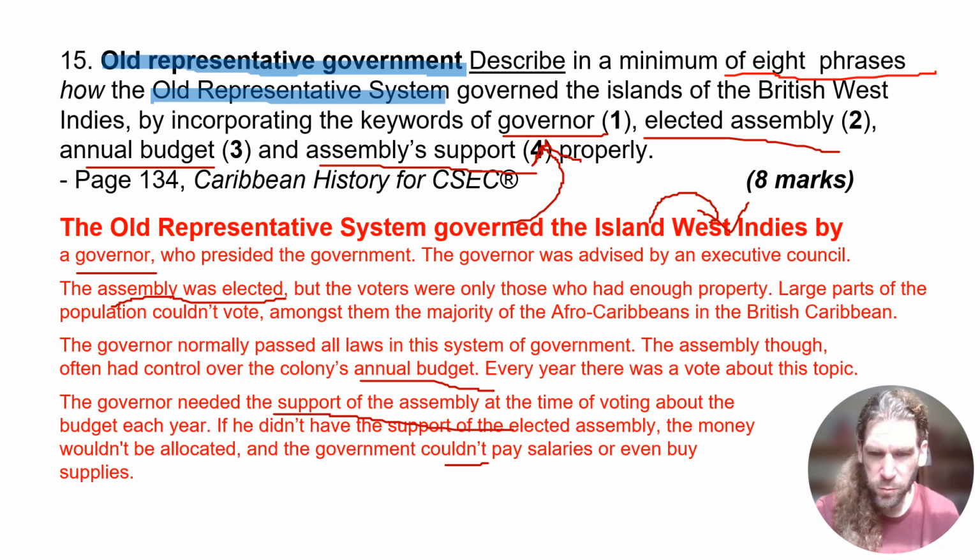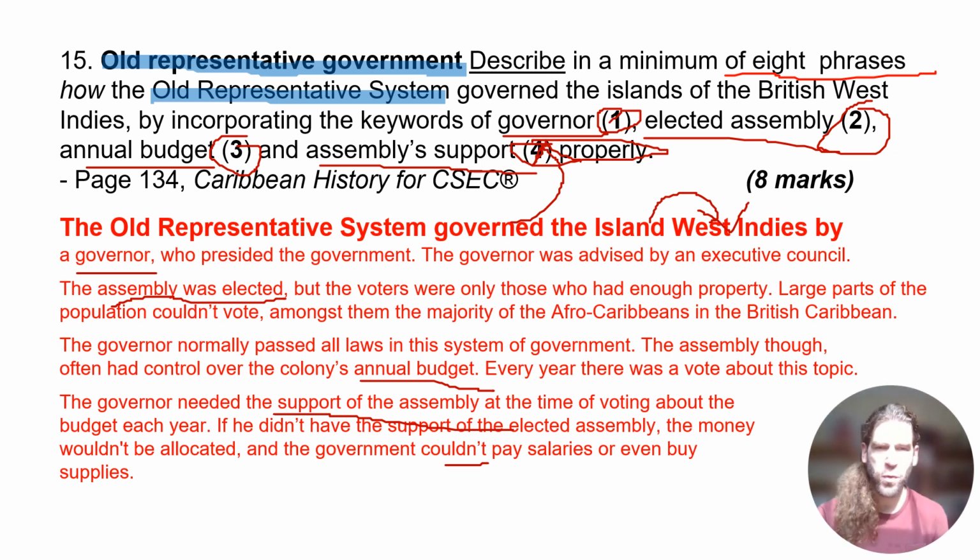So each of the 4 key words, or the key subject points, comes back into the answer. And it is in 8 phrases: 1, 2, 3, 4, 5, 6, even more. So we have 8 phrases. The 4 topics are coming back. And at the test itself, you would earn now 12 points.